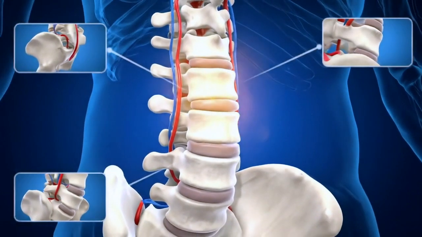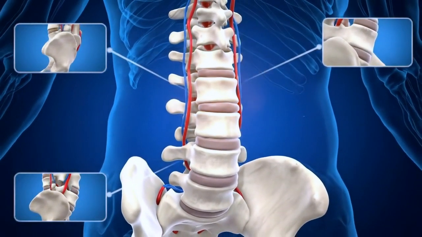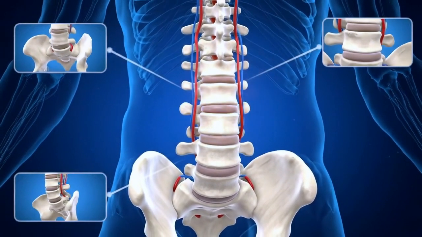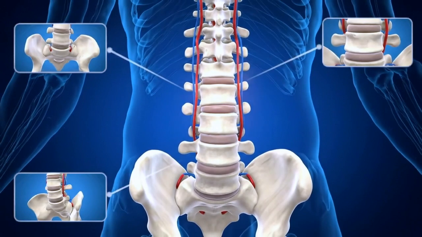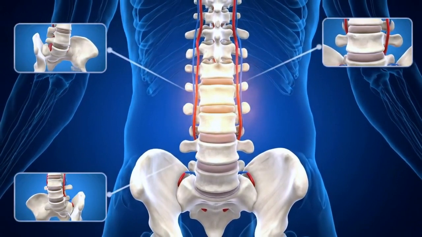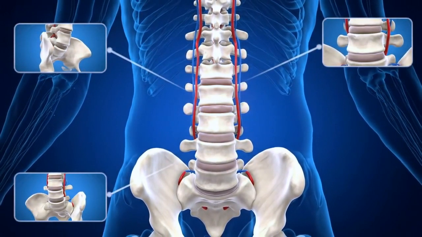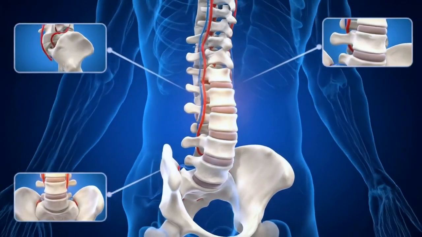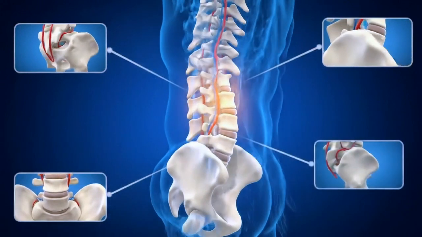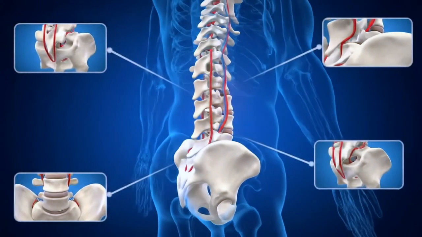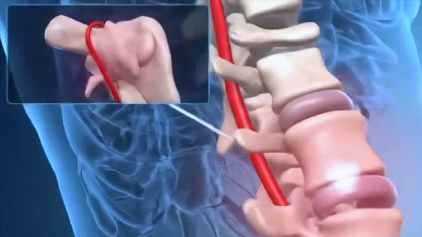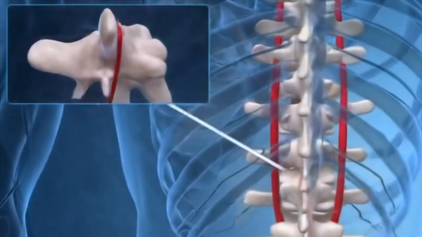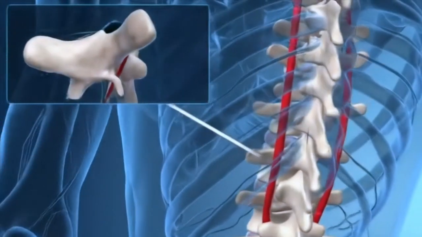What is spinal stenosis? Spinal stenosis is a medical condition characterized by the narrowing of the spaces within your spine. This narrowing can put pressure on the nerves that travel through the spine, including the spinal cord and the nerve roots that branch out from it. Think of your spinal canal as a tunnel. Over time, due to various factors, the walls of this tunnel can thicken, or things can start to bulge into it, reducing the space for the nerves that run through it. This compression can cause pain, numbness, weakness, and other neurological symptoms.